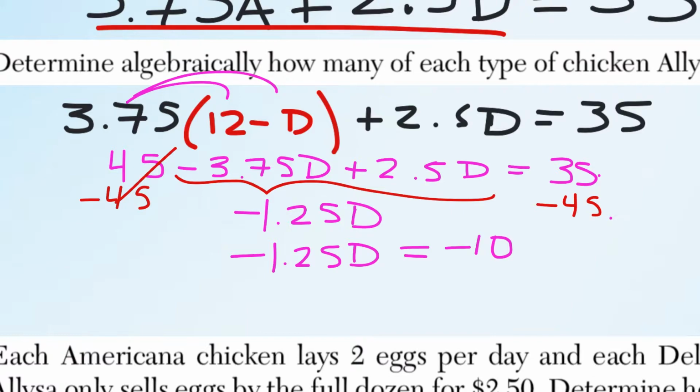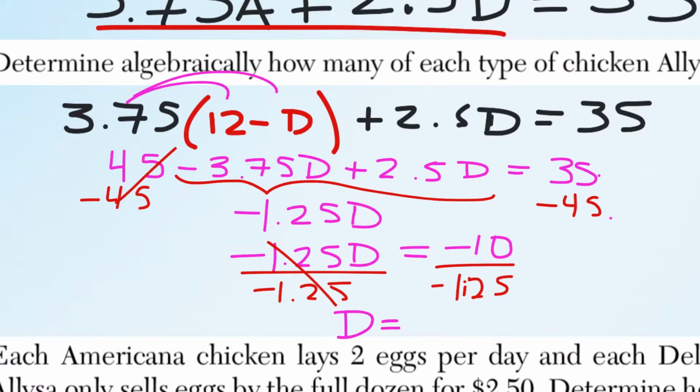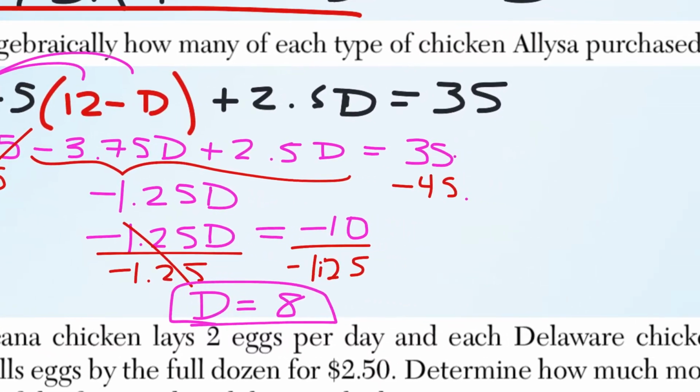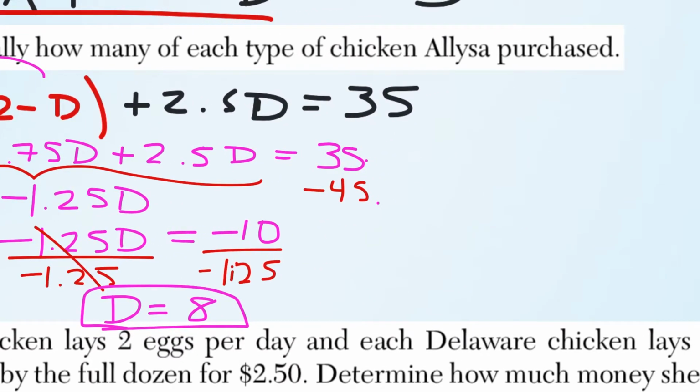Okay, and for our last step to isolate D, we're going to divide everything by negative 1.25. So that cancels out negative 1.25, and we get an answer that the number of Delaware chickens she bought is 8. Okay. Now remember, we are also told that she purchased a total number of 12 chickens, right? So if she bought 8 Delaware chickens, well then that means she must have purchased 4 of the Americana chickens,